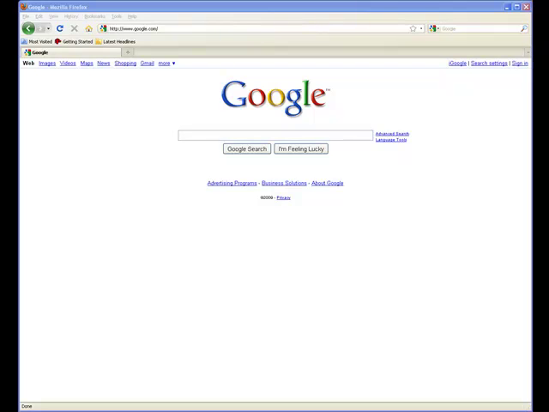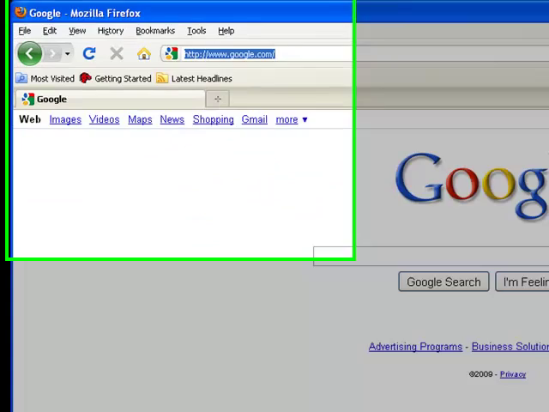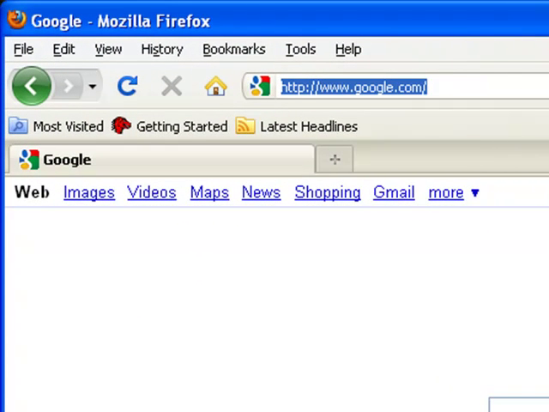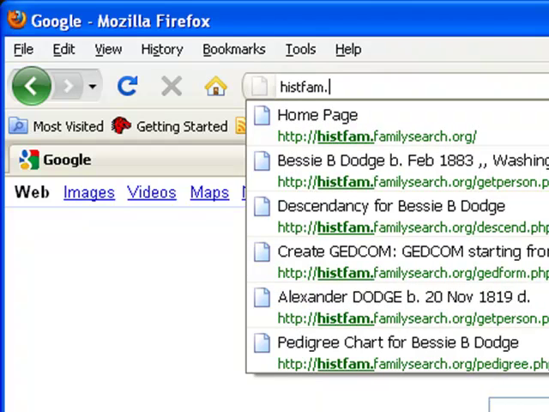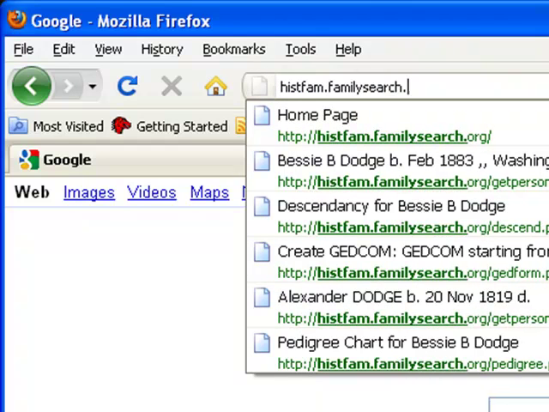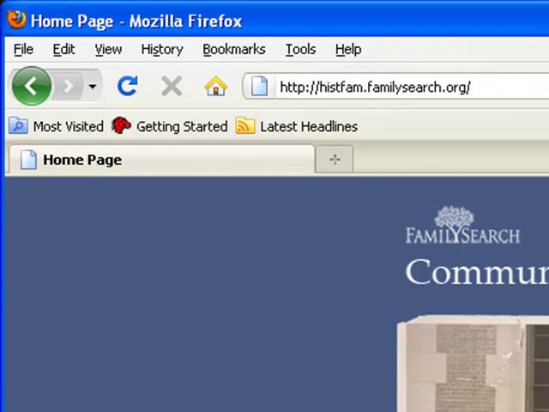Okay, I want to take just a minute and give you a quick overview of the Community Trees project, which was recently posted to FamilySearch Labs. If you pull up your web browser, you can go to it just by typing in histfam.familysearch.org, like that. It'll take you to the project, and you'll see on the right-hand side there a couple of